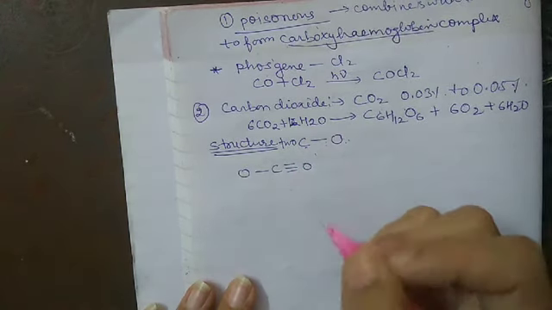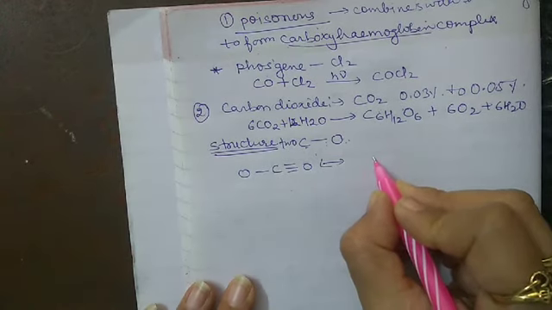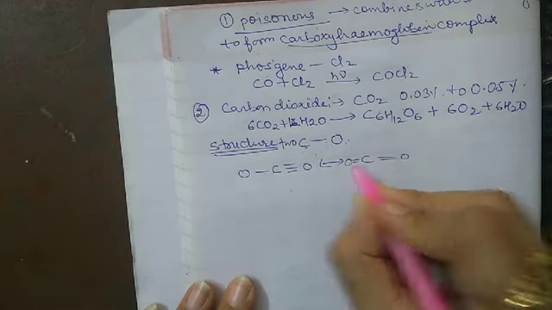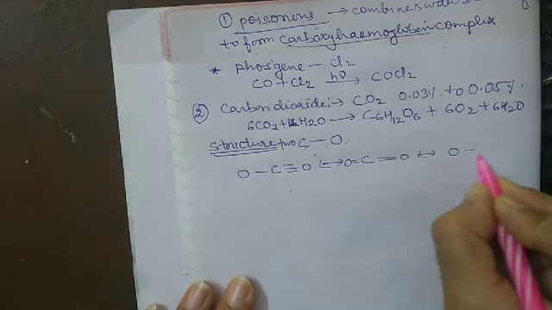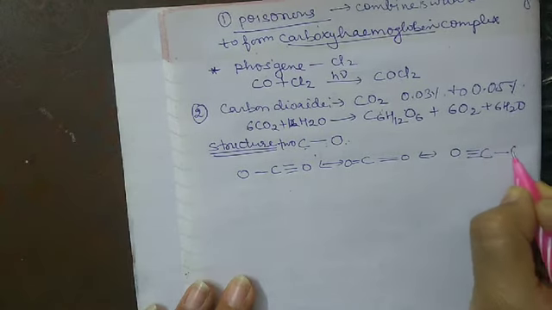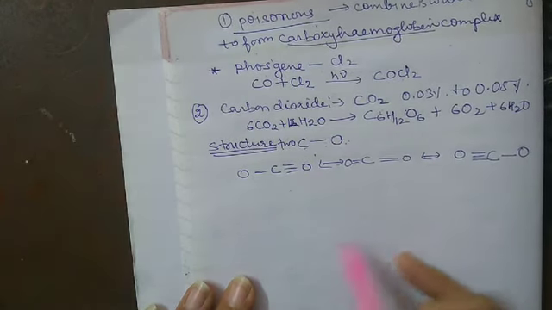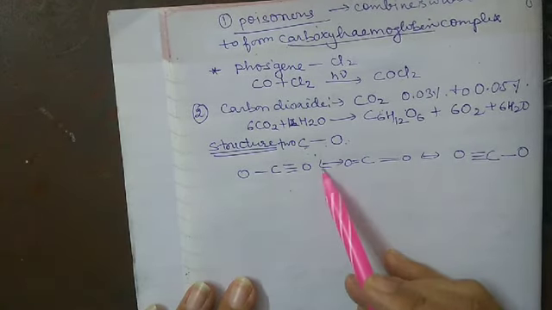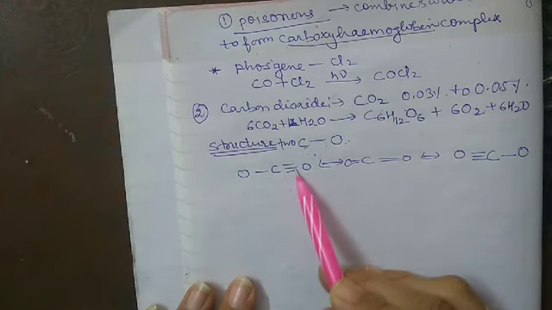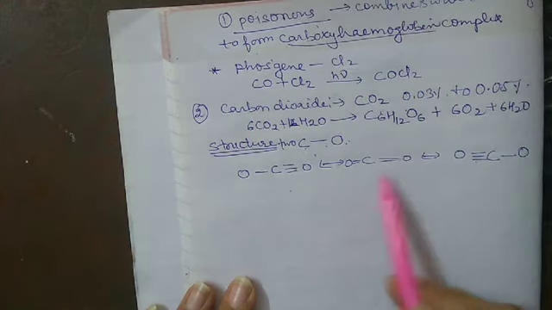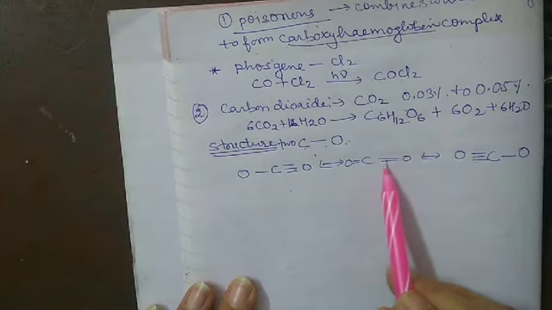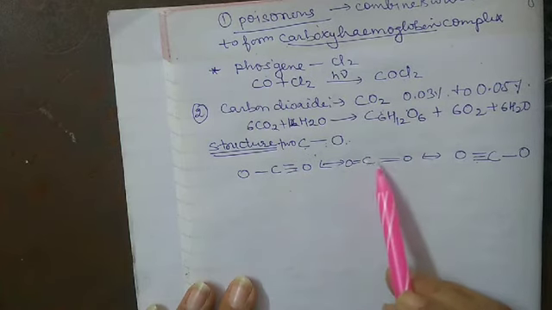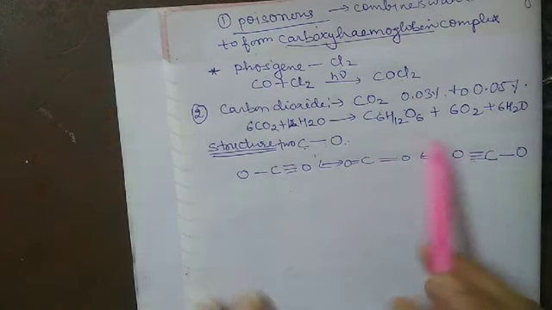It shows resonance. This is the resonating structure, or the structure is O with a single bond to C and a triple bond on the other side. So carbon dioxide shows resonating structures because it is not clear whether the triple bond is present here or here. The main hybrid, or canonical hybrid structure, is the one in which both oxygen atoms are combined with the carbon atom by double bonds. That's why it shows resonance. The resonance topic we have already studied earlier.